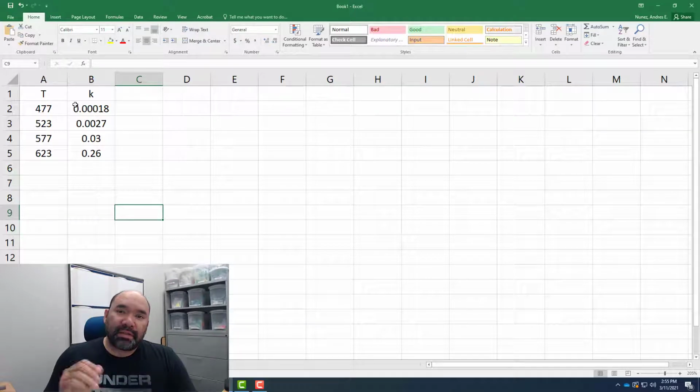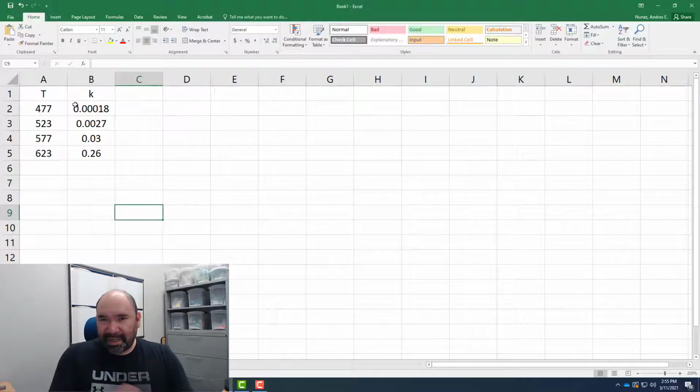Hello everyone, this is a short video in which I want to teach you how to create the graph for an Arrhenius equation so that you can calculate the activation energy from the slope of that straight line, and you can calculate the frequency factor from the intercept for that equation. You can apply this for any other graph that you can create, but in particular I'm using data for an